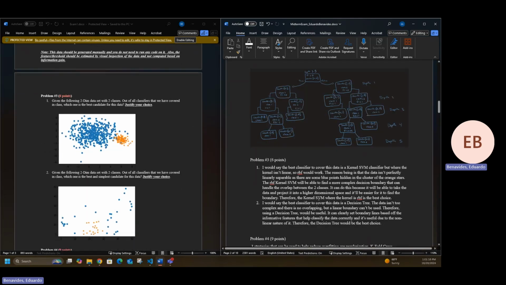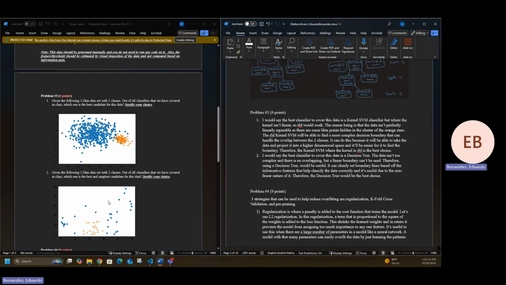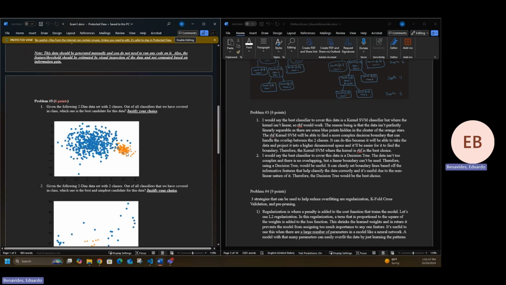Problem three: I'm given those two data sets right there, and I essentially have to pick a classifier that works best for them. If we look at that first one, I said the best classifier would be a kernel SVM classifier where the kernel is an RBF. The reason I said that is because the data isn't perfectly linearly separable. You can see there's overlapping here, but if you take a closer look, you can see there's a couple blue points in that cluster of orange. So the decision boundary is going to be very